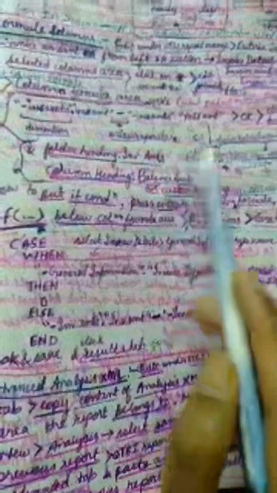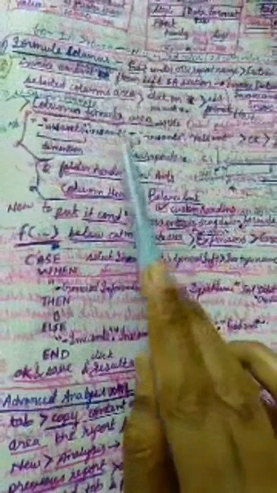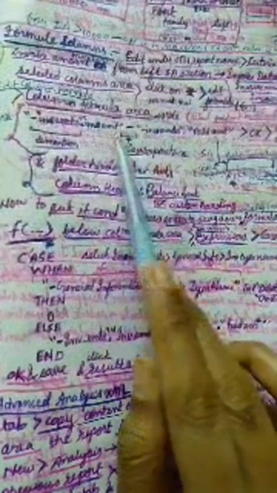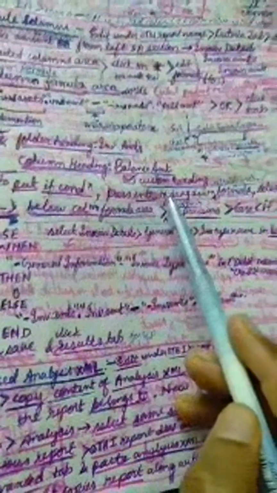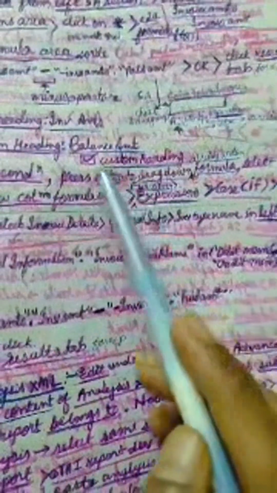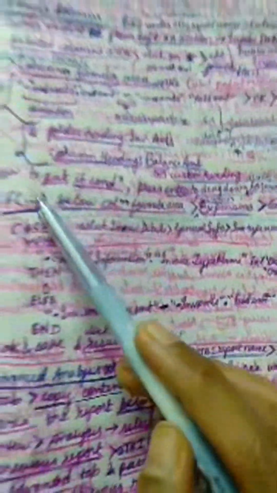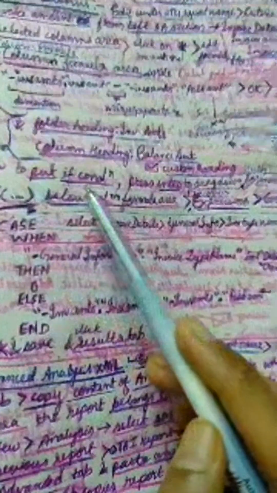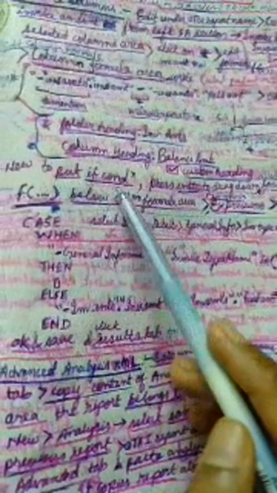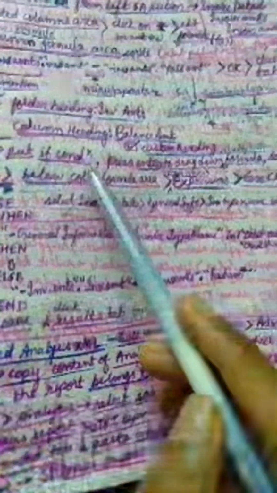So the column for which I am calculating a formula here is balance amount, and this is a custom heading. So it's written here custom heading. We have checked the checkbox here. Now let's say if I want to put an if condition, what we do is we'll click on enter